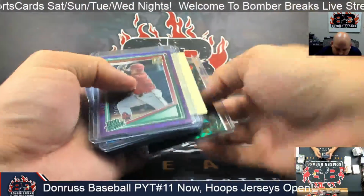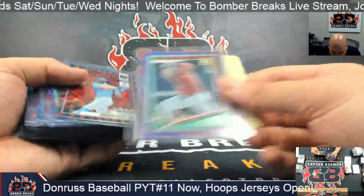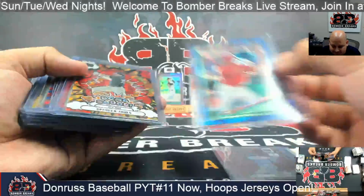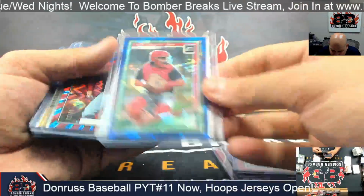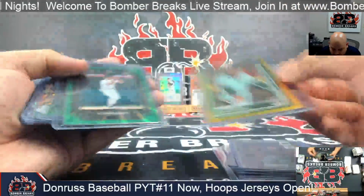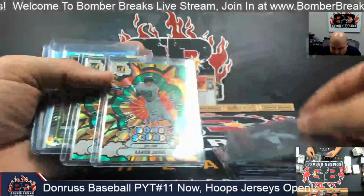Numbered hits that I top loaded, including the Sasaki that was randomized to the Seattle Mariners to 99. Bobby Witt to 99, the Dante Norrie to 15, Spencer Jones to 99, James Wood to 99, Caleb Lumavita to 15, Brady House to 49, Billy Martin Gold to 10, the Cal Green, the Judge, 3 straight green Judges, a